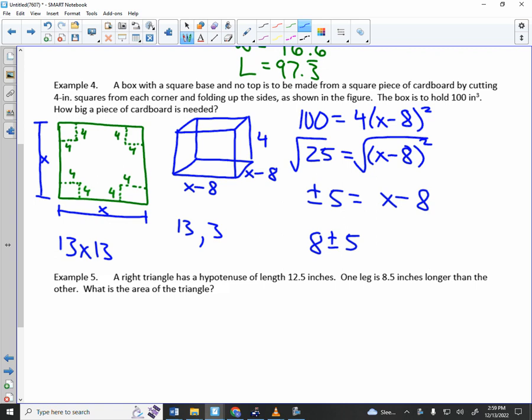Does anybody see the homework packets? Problems 1 through